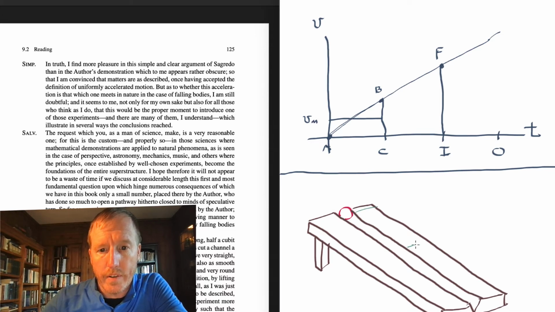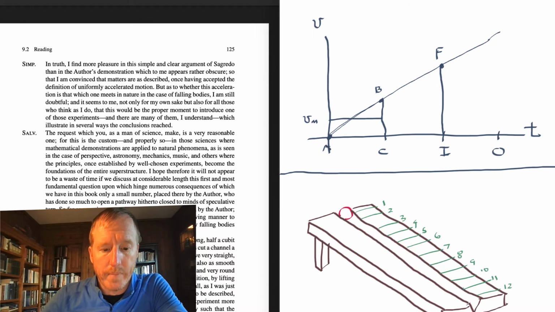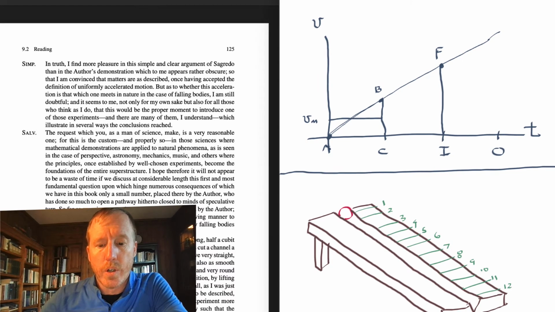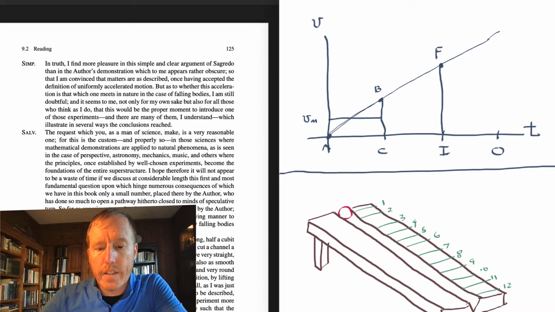Let me go halfway down right here, and we'll call this number, I don't know, 6. I'm trying to space these out nicely. And maybe this is 12. Two, 3, 4. We'll see if I get the spacing decently. Not bad. Okay. And let's suppose you were to roll this ball down the ramp and see how far it